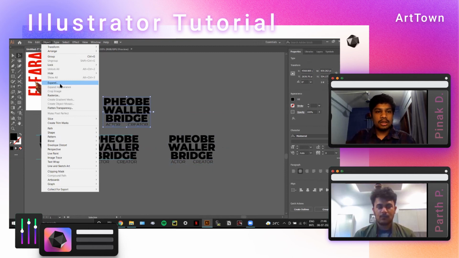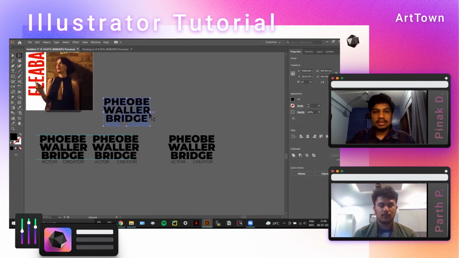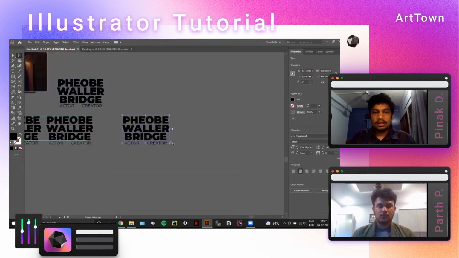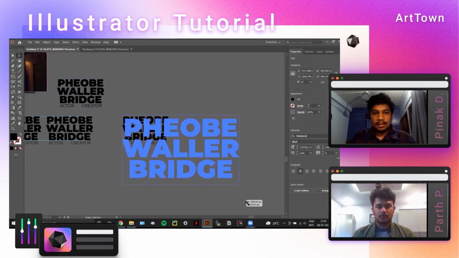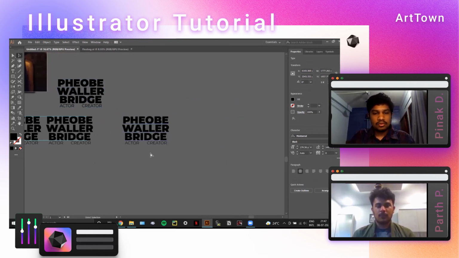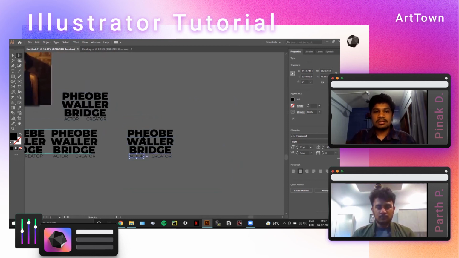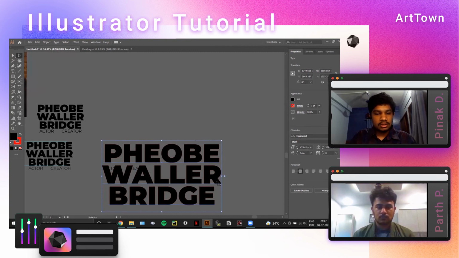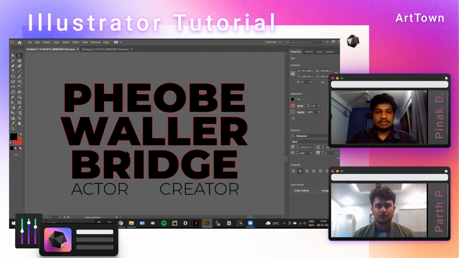So I expand. What expansion does for me is that it won't change the distances between the letters. As you can see, it will still keep the same ratio. Whereas if I increase this one, my P and H with respect to W can change. In this case, it does not actually. But if I give it a stroke, the stroke will actually change for me. So this stroke is much thinner than if I have it here.